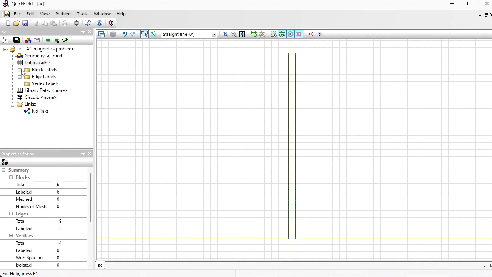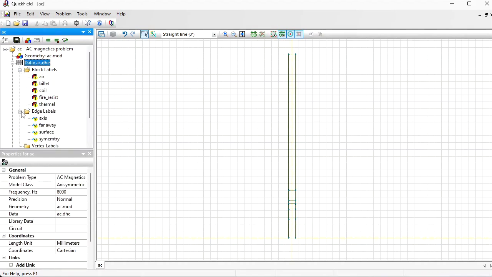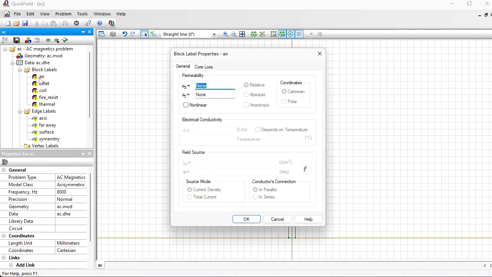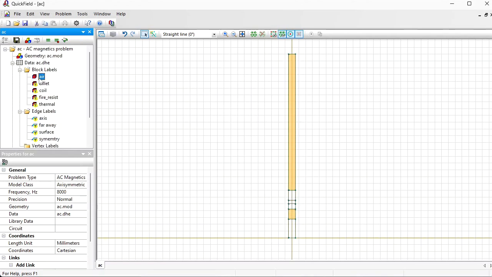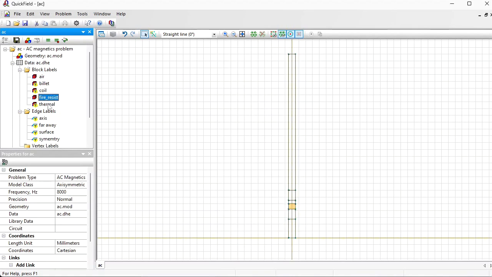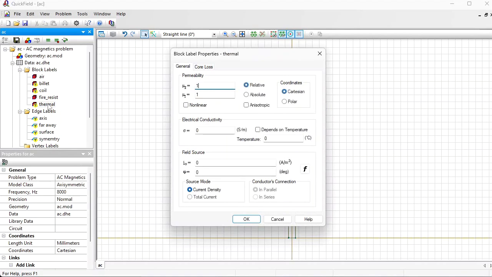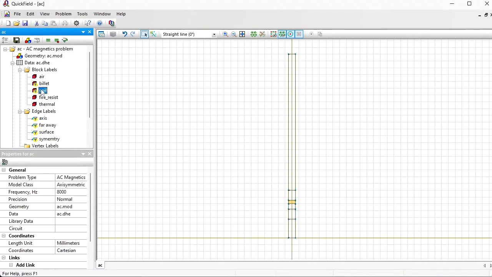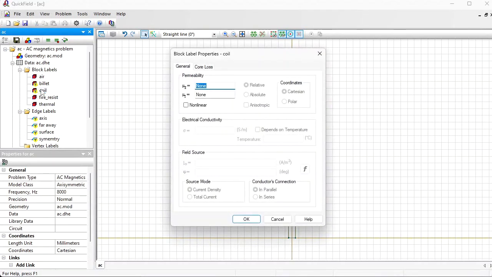Now let's provide physical properties for these labels. Double click the label name in the tree. Magnetic permeability of the air is 1. And magnetic permeability of the fire resistant material is 1. And for the thermal insulation, magnetic permeability is 1. For the coil, which is made of copper, I specify magnetic permeability of copper, which is 1, and the total